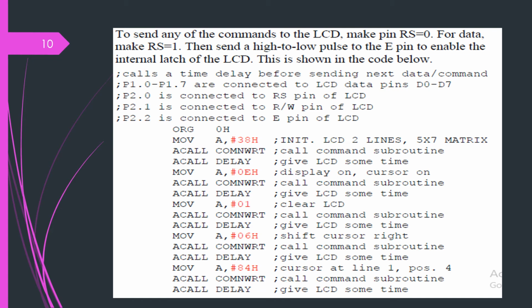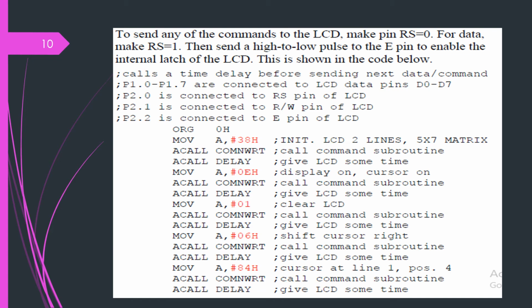First thing is simple ORG 0, then there is a call. We need to call the command routine, so that's why I'm using that particular wording, COMNWRT, call command subroutine. Move A, #38 first, then move A, #0E, so this is display on, cursor on command. Again call the command write subroutine, then call delay, give the LCD some time.